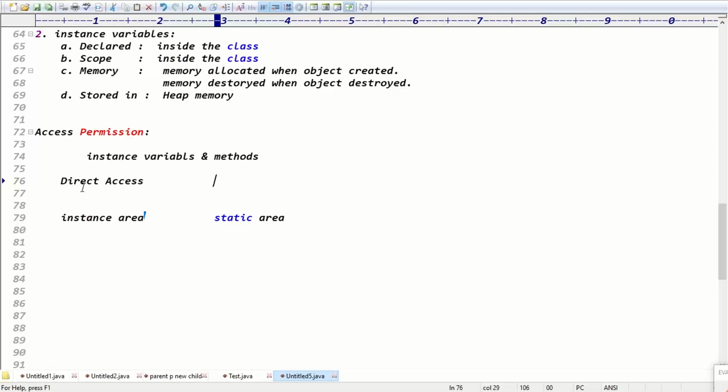Exactly. For the second area, static area: instance variables and methods are in which area? Static area. Static area means same area or different area? Definitely it's a different area, right? How can we access a different area? To access in a different area, guys...